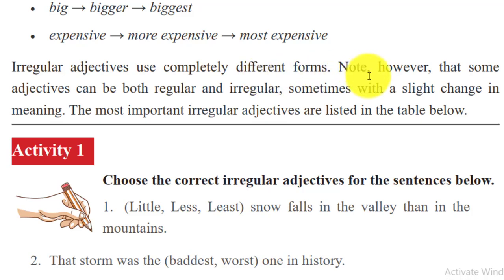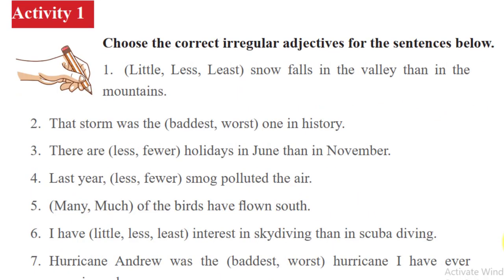ቅርጾች ነው የሚጠቀሙት። Note however that some adjectives can be both regular and irregular። አንዳንዶቹ regular irregular የሚሆኑ አሉ። Sometimes they have a slight change in meaning. The most important irregular adjectives are listed in the table ብለው እንግዲህ የቅርጽ ሁለቱንም አይነት as regularም irregularም የሚሆኑ አሉ። እነሱንም ማጥናት ይኖርብናል። When it comes to Activity 1: choose the correct irregular adjectives for the sentences below ይላችኋል። እንግዲህ በሚከተሉት አረፍተ ነገር ውስጥ brackets የተሰጡ ቃላት አሉ። We are just going to select which is appropriate የሆነውን እንመርጣለን ማለት ነው።